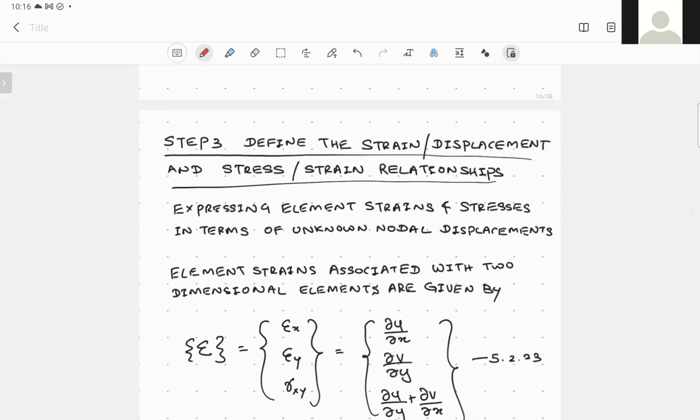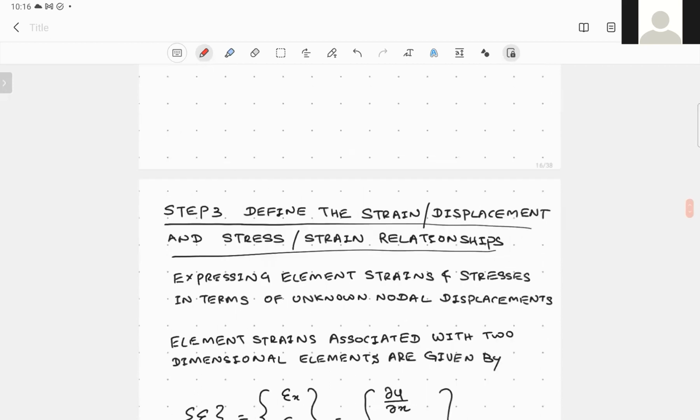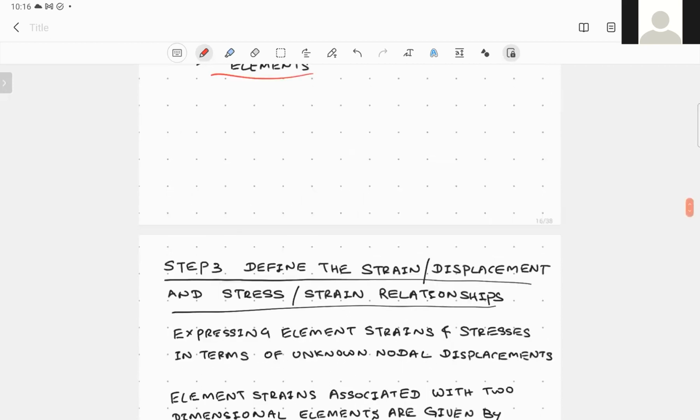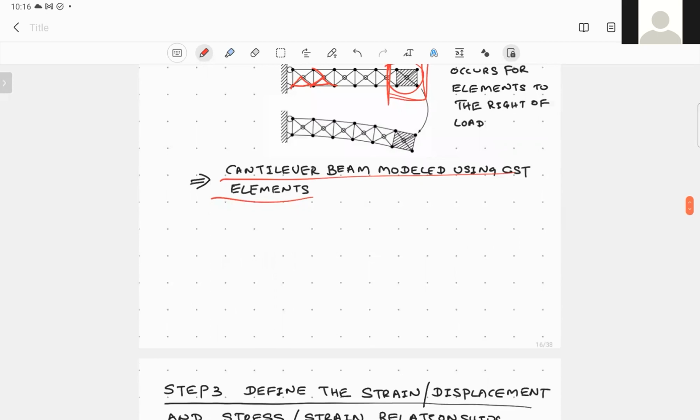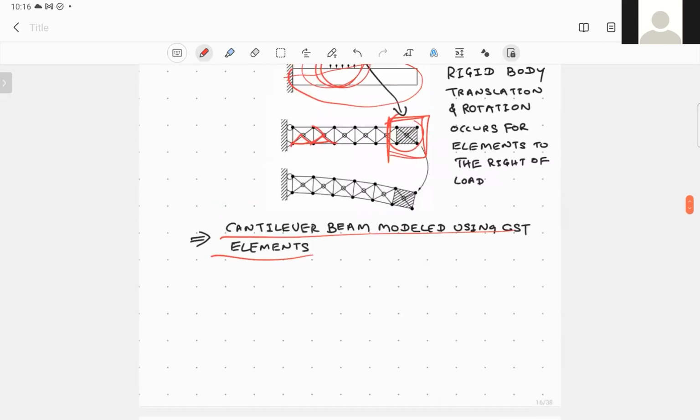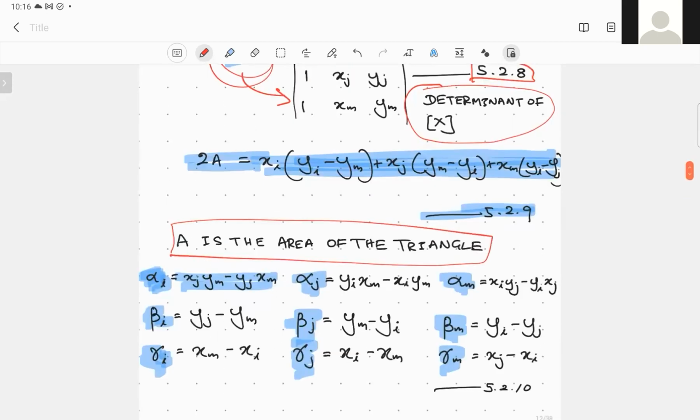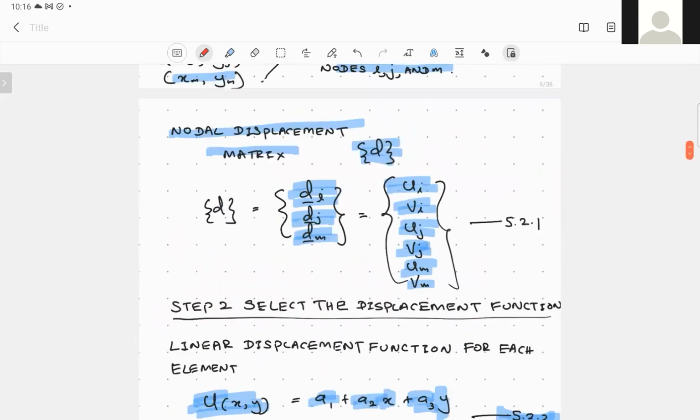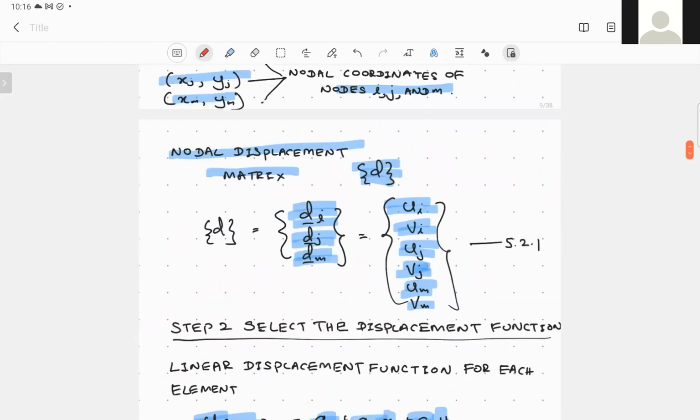So if you can recollect, yeah, this figure,